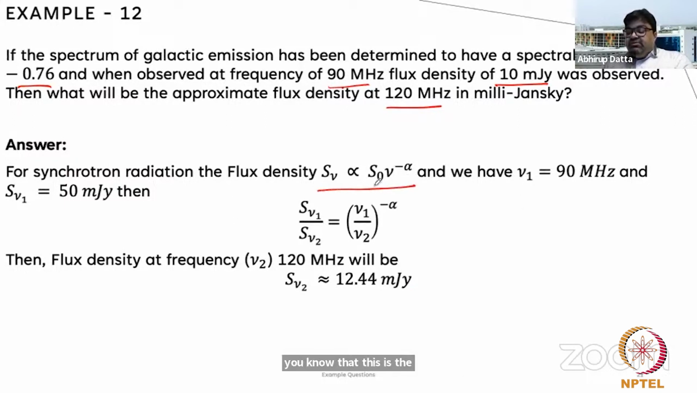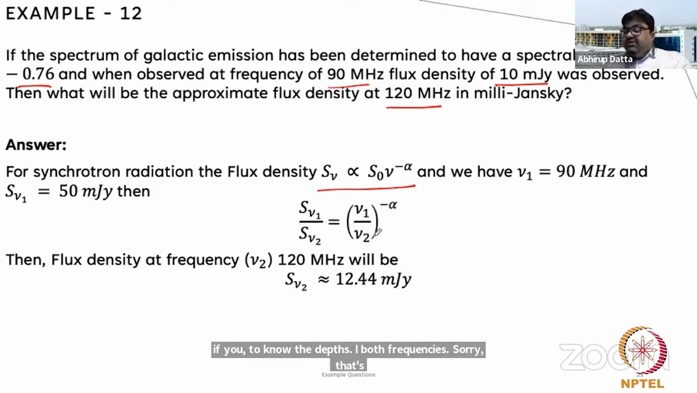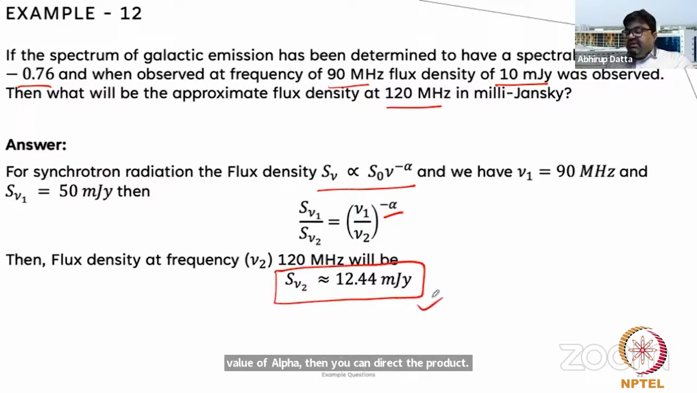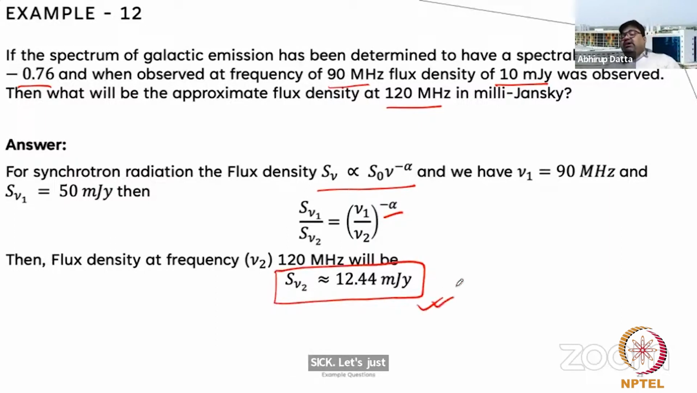So if you know that this is the relationship, and if you know the flux density at one of the frequencies, you know both the frequencies and the value of alpha, then you can calculate the flux density at the second frequency, which is given like this. It's a very common way to ask numerical questions, for the simple combination. Okay. Great. We can stop here for a little bit and try to